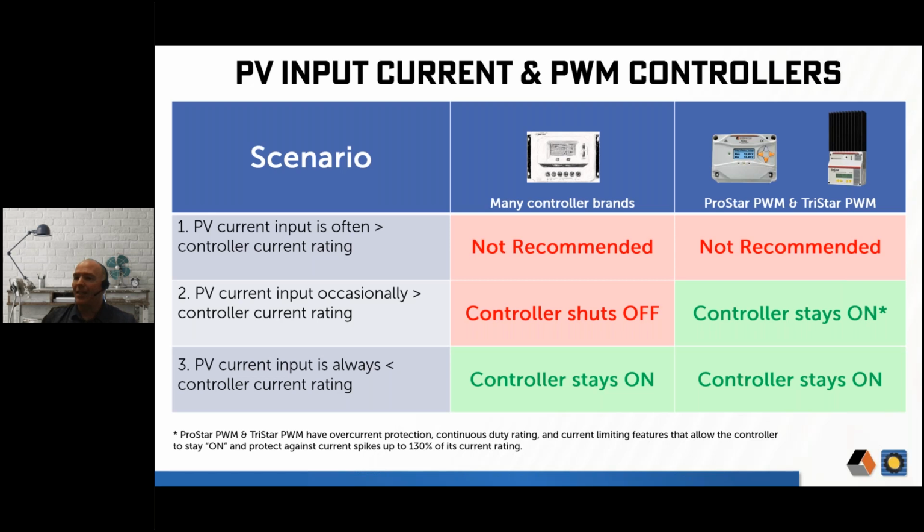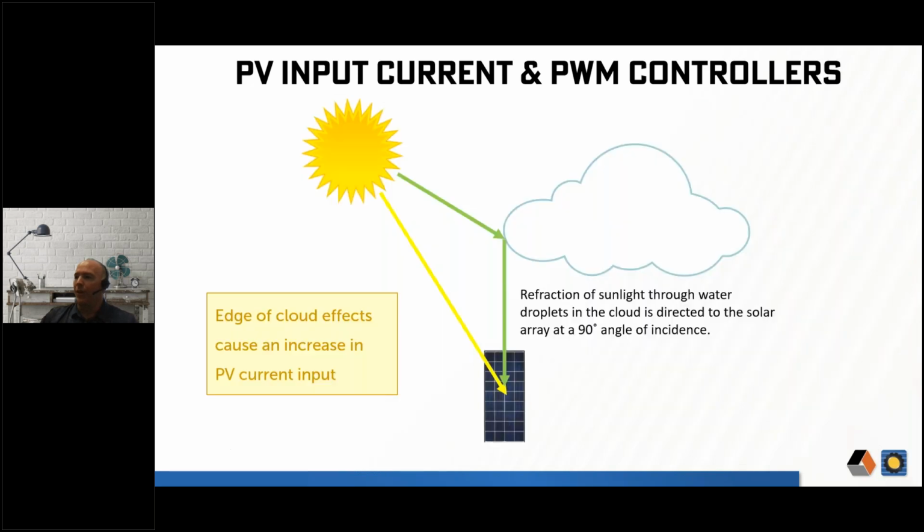And then in the second scenario, the PV current input is only occasionally greater than the controller current rating because of perhaps a short-term rare occurrence. An example of an occasional occurrence could be caused by an edge of cloud effect. And we'll describe what that looks like on the next slide. So if we go to the next slide and look at the edge of cloud effect,